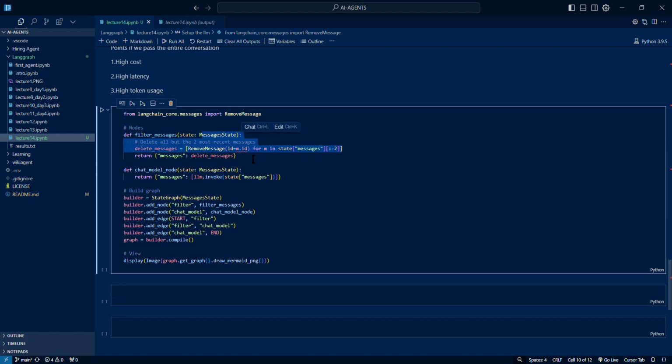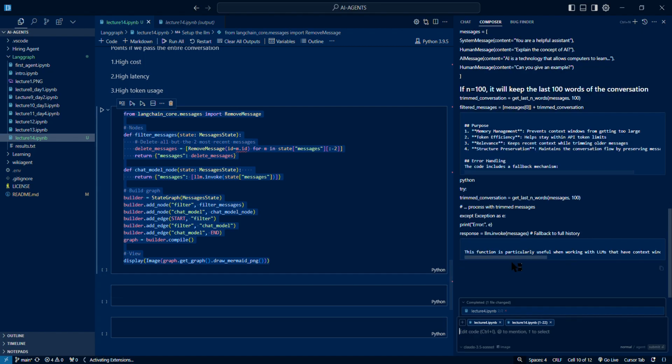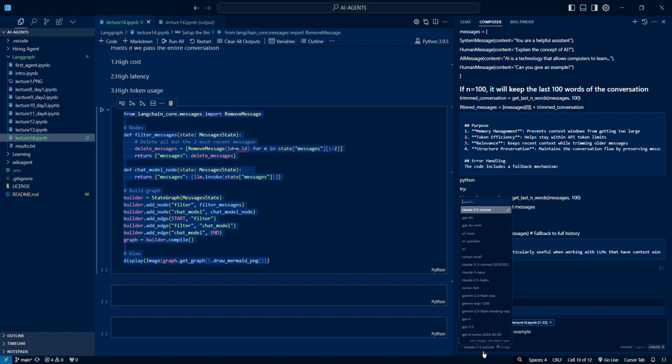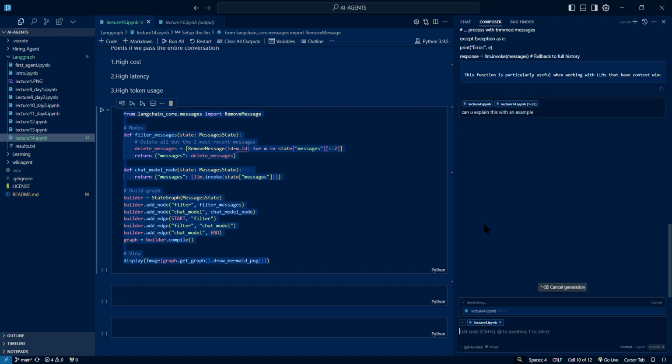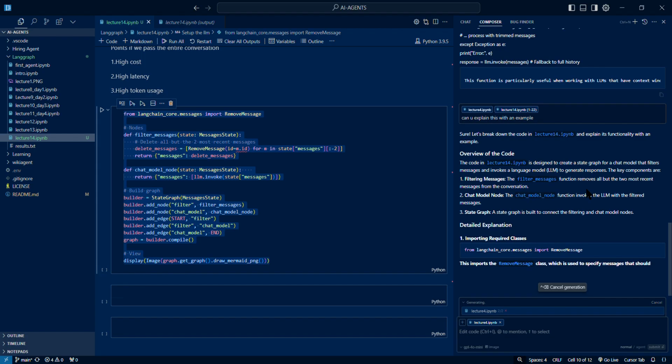So guys, let's just try to put it in a chatbot as well and try to understand this. Can you explain this so that you can understand better how to learn while coding as well? So you can just ask an LLM, can you explain with an example? So I think GPT-4o mini should be fine for this task. It's not a very difficult task, we just need some explanation. So guys, see,